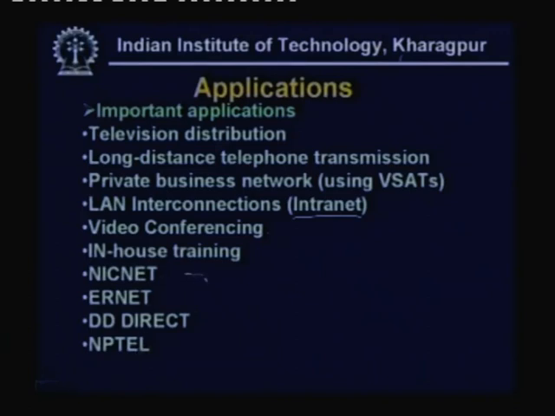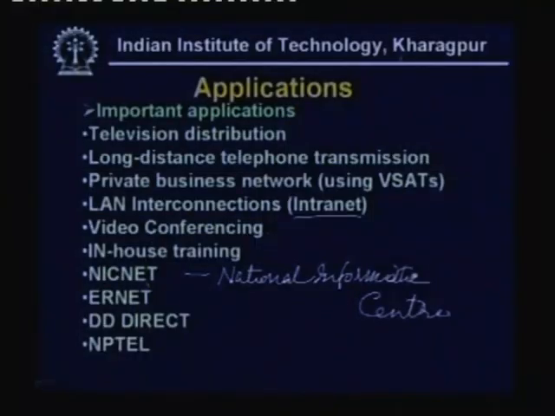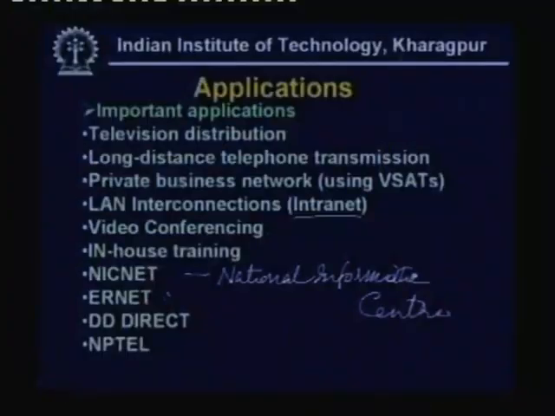NICNet, for example, this is National Informatics Center. They are having VSAT antennas in all district headquarters with their central hub in Delhi. So, now they collect all the data with the help of VSAT antennas. So, that is called the NICNet, and that is one very important area. For example, another project is Educational Research Network. This Educational Research Network was also set up with the help of VSAT antennas, and by using this